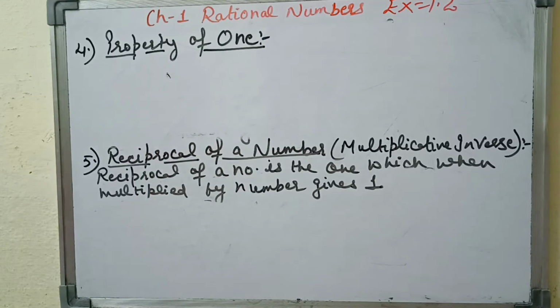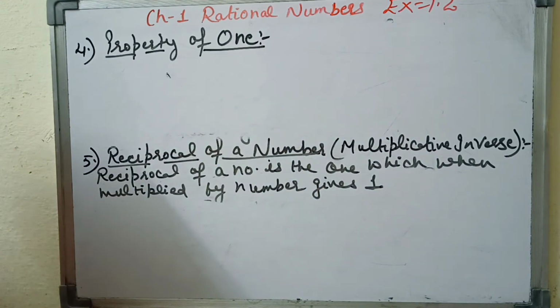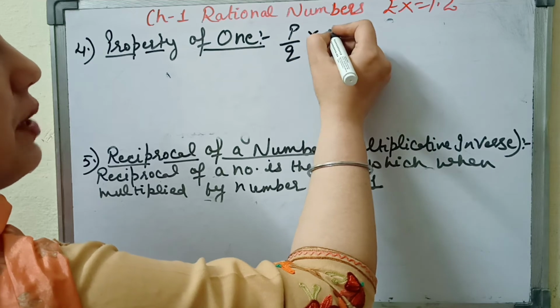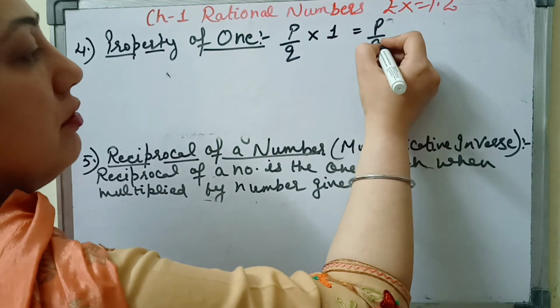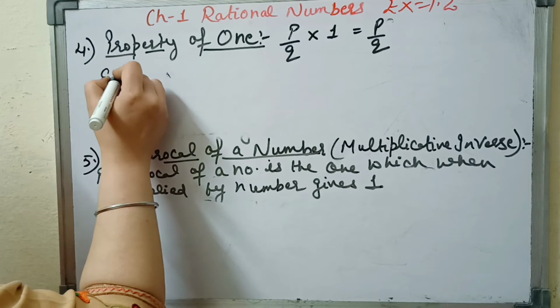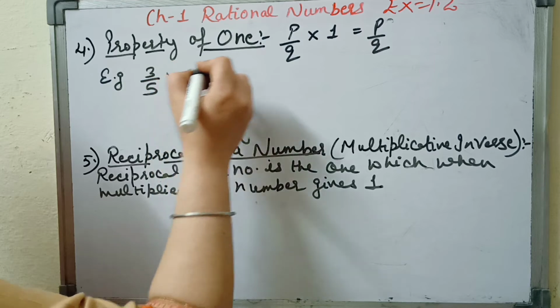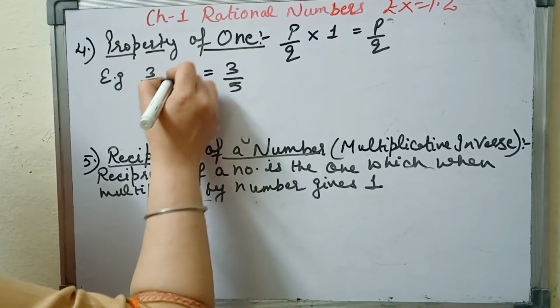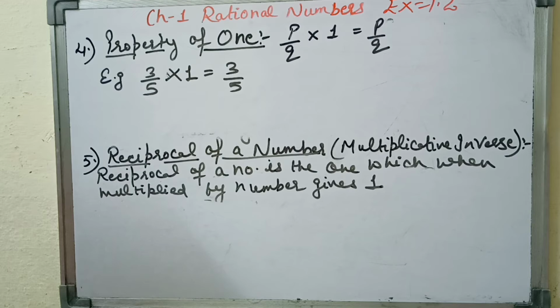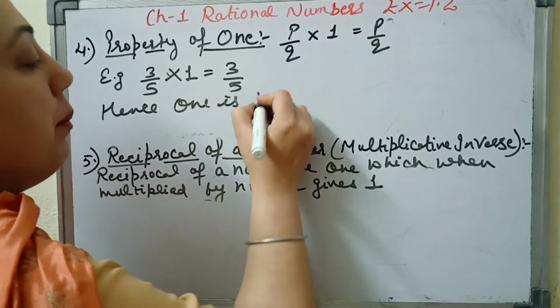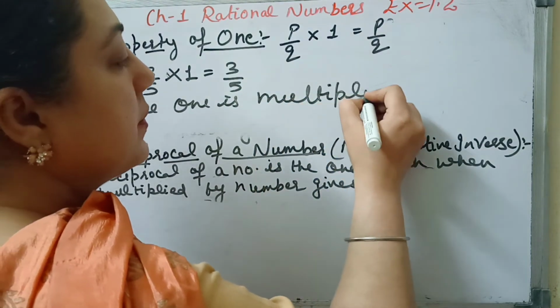Fourth property is property of 1. According to this property, any rational number when multiplied by 1 gives us the same result. For example, if I take a rational number p over q, if I multiply it with 1, then you will get the same value p over q. For example, if I take any rational number 3 over 5 and multiply it with 1, I will get the same answer 3 over 5. Hence, 1 is the multiplicative identity